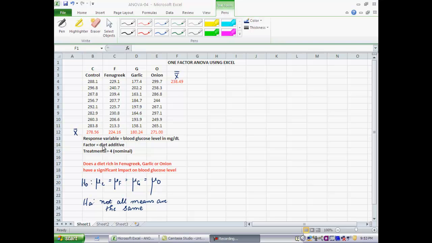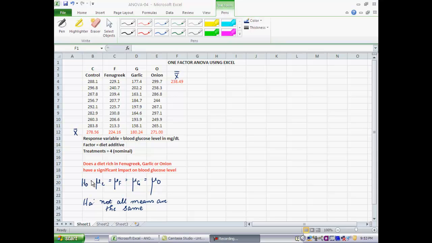Okay, so the response variable, these numbers that you see here, are the blood glucose levels of these rats measured in milligrams per deciliter after they had been on this diet for about a week or so. And so there are 4 treatments over here, and these treatments are nominal. Do you see? There's one control group, one group which has fenugreek, another group has garlic, and the last one has an onion heavy